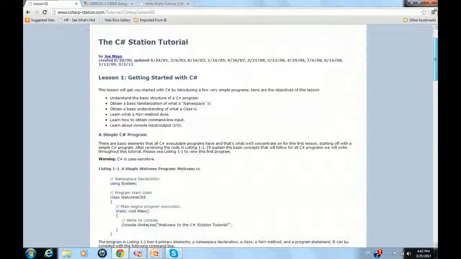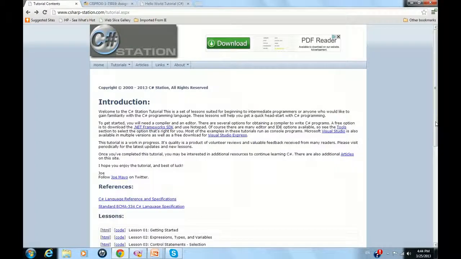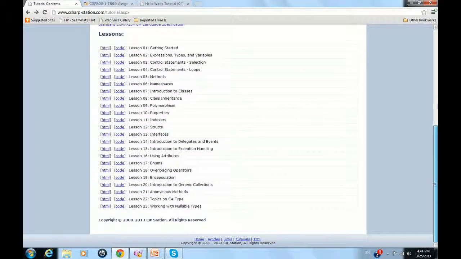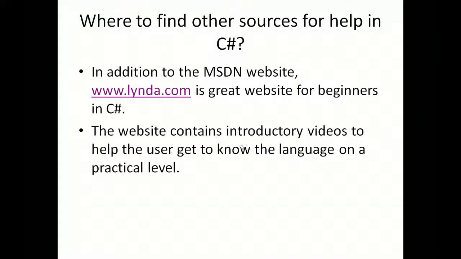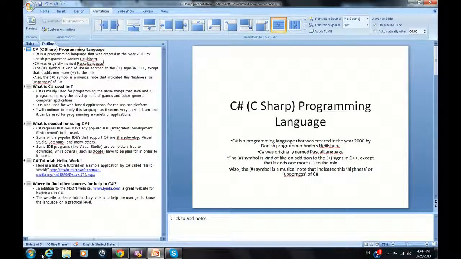So these are the lessons, and you can look at them. Let's just look at lesson 1 for example. Okay, so this is it over here. You start out with some basics, and you learn how to print a welcome to the screen, and this is the beginner's lesson, and you have 22 other lessons. So I would guess this is a free website since it shows you how to program in